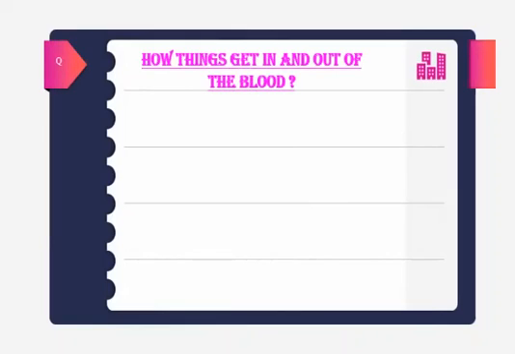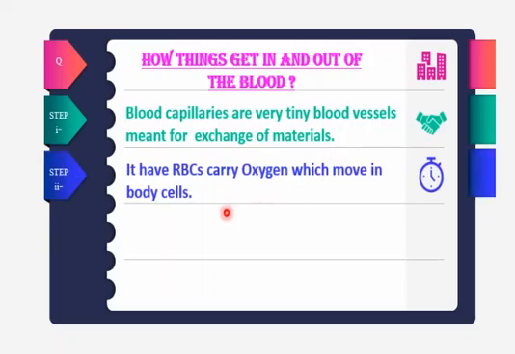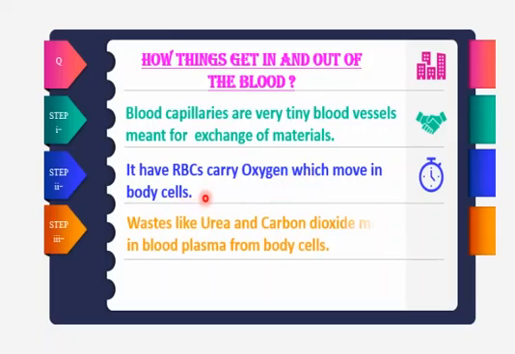So here is a quick summary of how things get in and out of the blood. Blood capillaries are very tiny blood vessels meant for exchange of materials. They have RBCs that carry oxygen as the oxyhemoglobin compound, which moves in the blood cells, and then